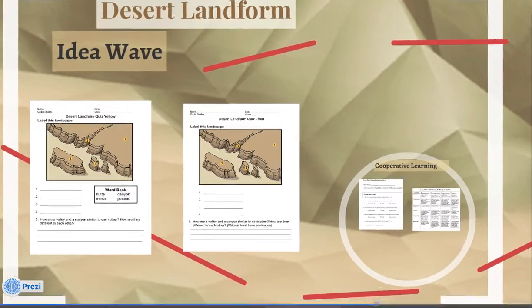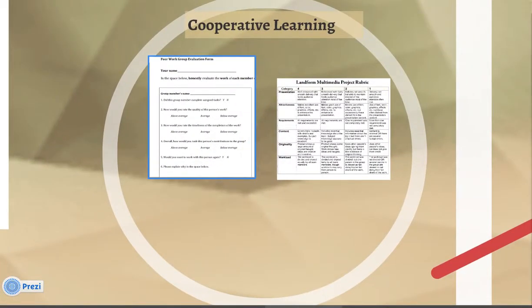After that, we're going to have cooperative learning groups, and we're going to have different groups based on their preference. I'm going to give them a choice of tiered assignments to animate a landform formation process using drawing software, making a movie, using PowerPoint to show slides that display the forming process, making a 3D timeline, a model, whatever they choose to make. And this is going to assess their cooperative learning skills, and it's also going to assess their understanding of